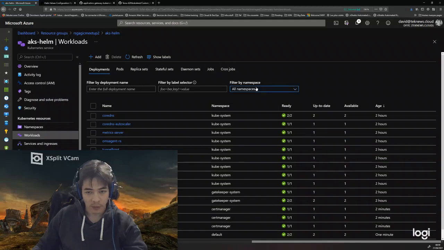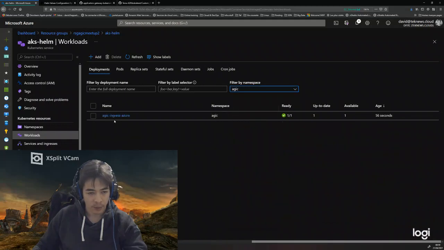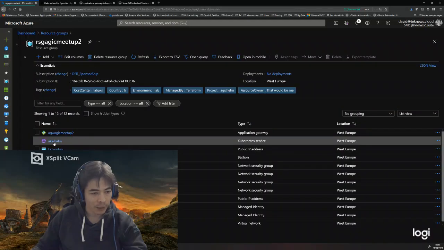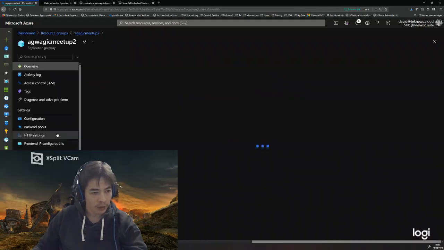And if I'm specifying the AGIC namespace, as you can see, I have one deployment, the same, except that this one doesn't have the same name. Obviously, since I did that myself, I do have the same configuration.